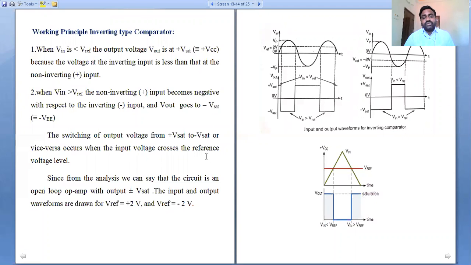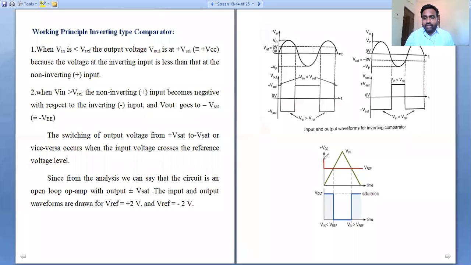Okay, so from this analysis we can say that the circuit is operated in an open loop condition. We have an output of plus Vsat or minus Vsat. The same thing happens with respect to the triangular input voltage condition. If the triangular time-varying input voltage is applied with respect to the reference voltage,